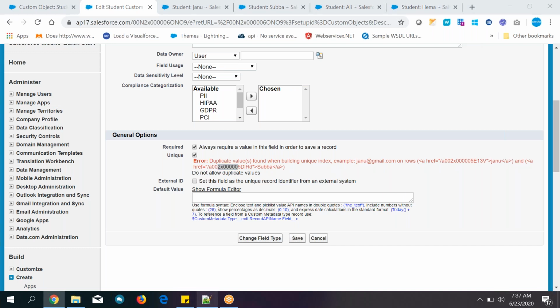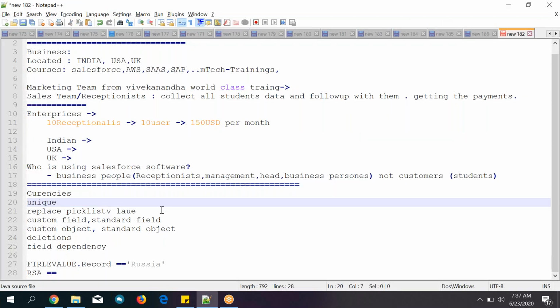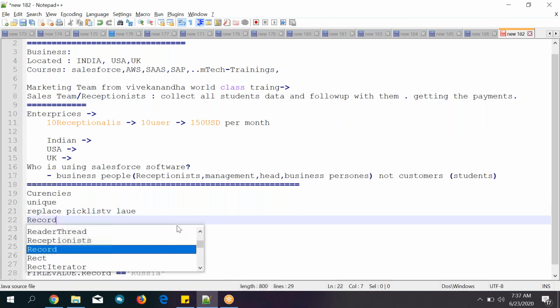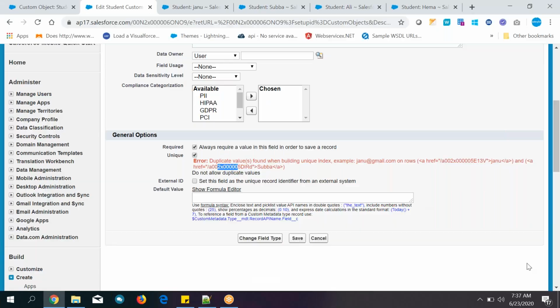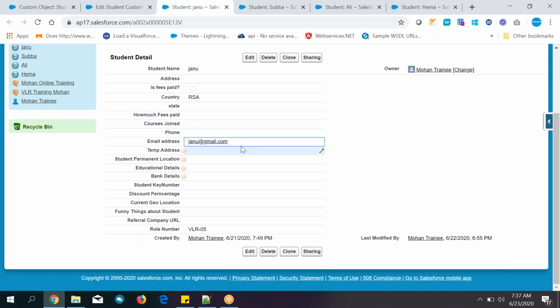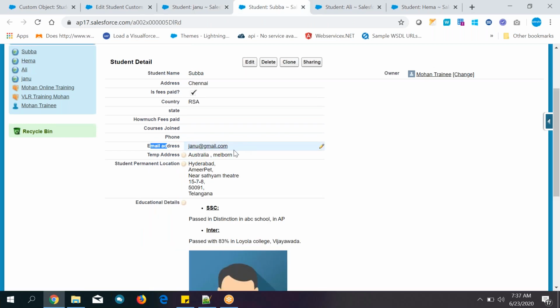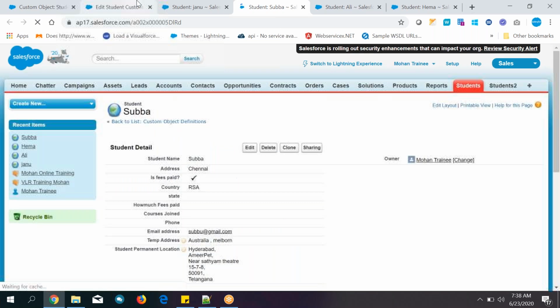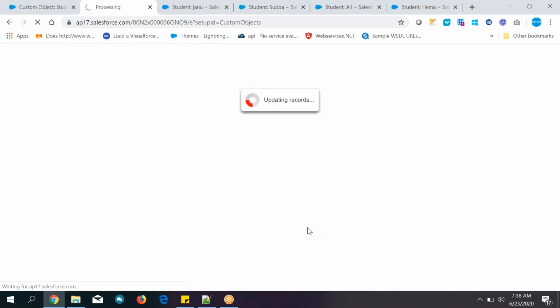And I want to tell one more point after this one. So what I can do is, on these two records, Janu is there, on Subbu and here also. So you need to change it to some other value. Check it, save it.